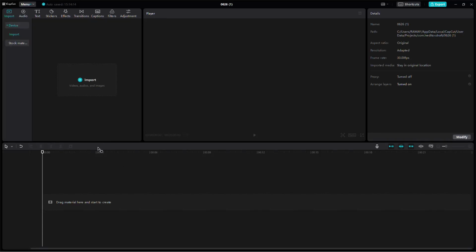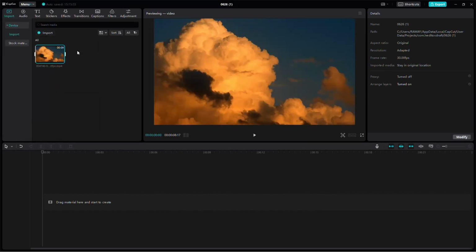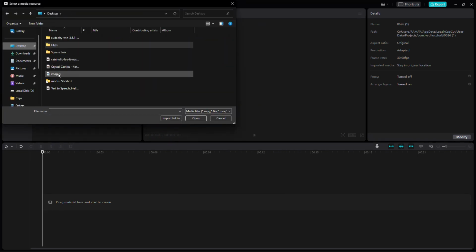In today's video, I'm going to show you how to add a picture to your video in CapCut. Let's get started. First, open CapCut on your device. Next, import the video you want to edit. You can do this by clicking on the Import button or by dragging the video file into the Import section. Once your video is uploaded, click on the Import button again to upload the picture you want to add to